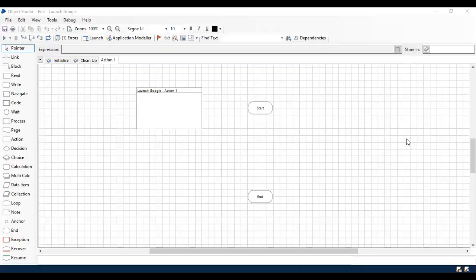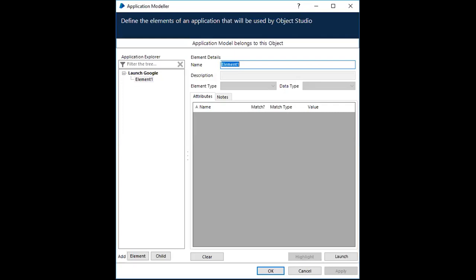Now let's see whether the application model is created or not. Just go back to the application modeler icon. As soon as you click the application model icon, you will have a new pop-up saying application model. This pop-up will have the application model name as Launch Google, which is similar to the object name as I explained.